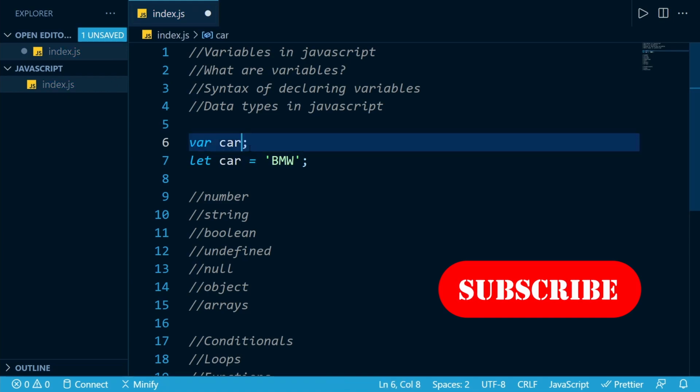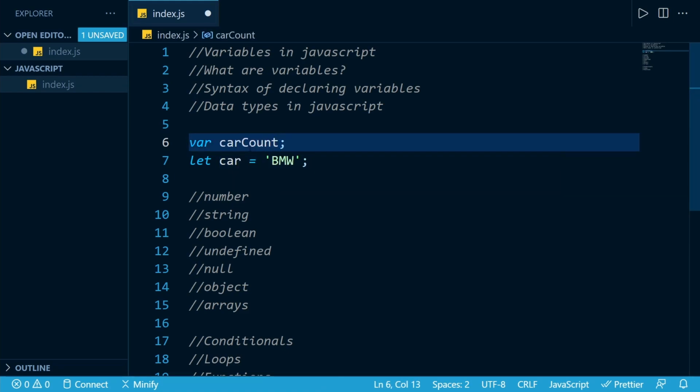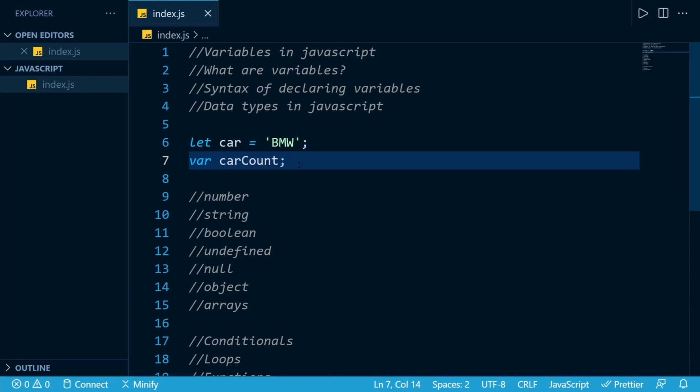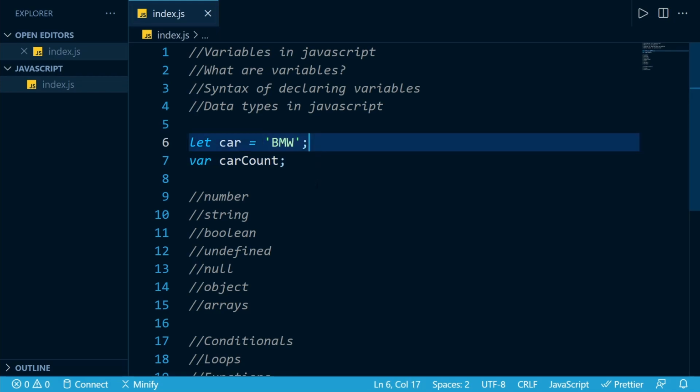So it could be something like, let's just say, car count. We may not have initialized the value, so it will be undefined by default. So we may have nothing, or we may have an equal to symbol and an initial value, which can be changed later on in our program if we want to.